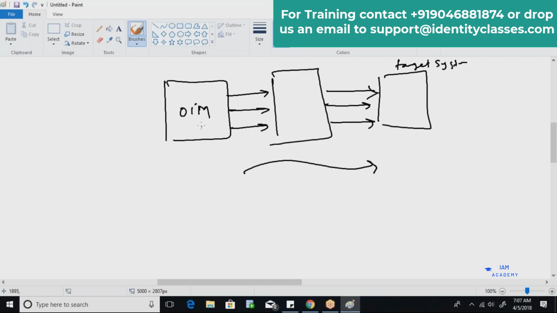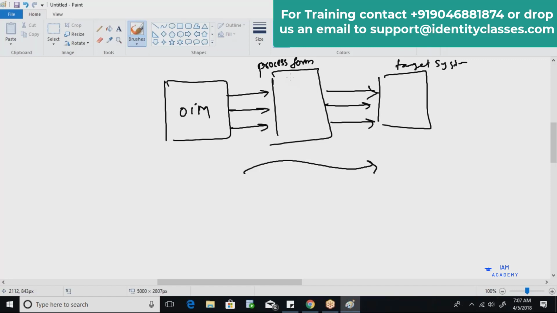Now, what are all the data which you want to pass to the target system? All those data are kept inside a form, and this is referred to as the process form. All these data which you want to send to the target system are clubbed together inside the process form.